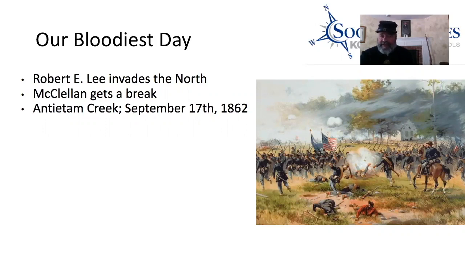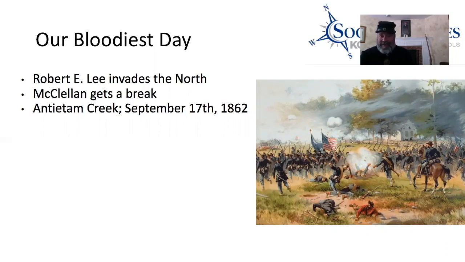And so Lee wants to take some of the pressure off the Virginia farmers. And who knows, if he can win a victory on Northern soil, this war is probably going to end. So in the summer of 1862, Lee decides he's going to invade the North. He takes his army and marches them north into Maryland. He's heading for Pennsylvania. The Union general, now in command, McDowell got fired, is a general named George McClellan, who